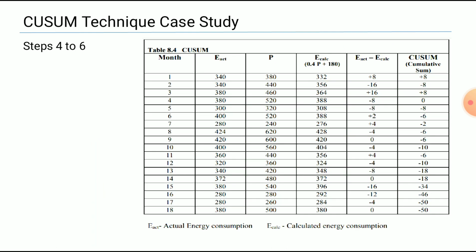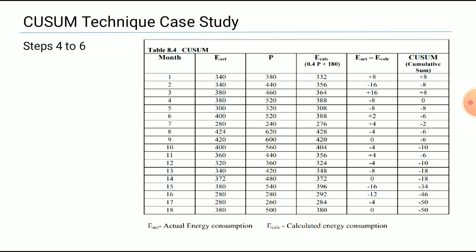In this slide we have calculated E actual minus E calculation, that is plus 8. Now, how to calculate the Kusum value is very important. You consider that initially our E actual minus E calculated is positive 8. We have taken that same value as our first value. Now whatever the remaining values we have calculated